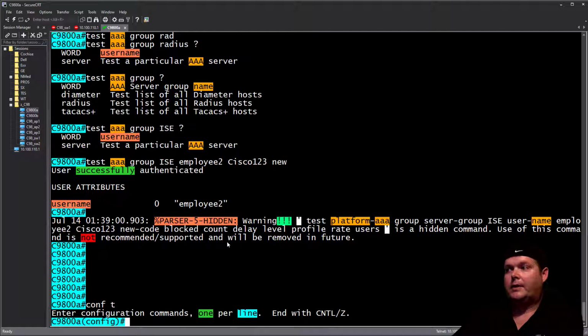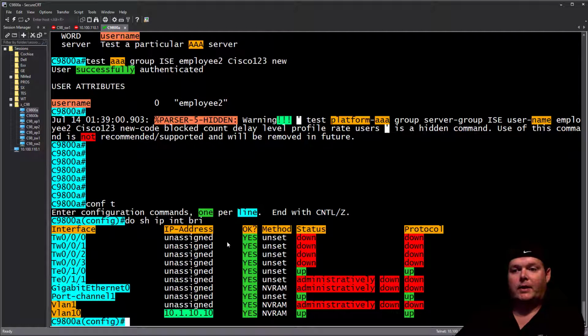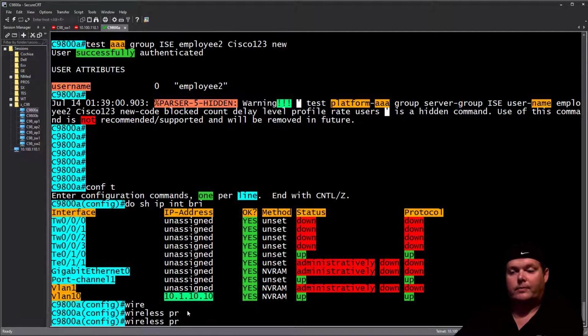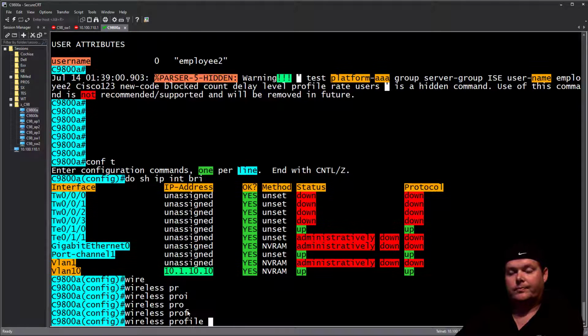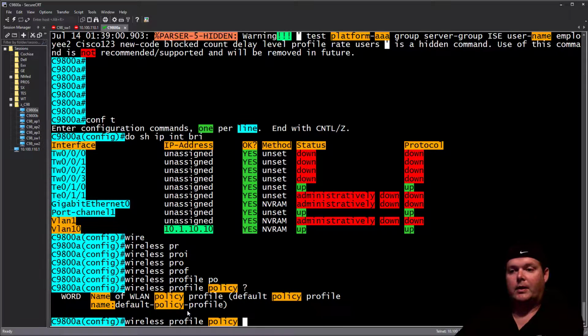We're going to do config T, and the first thing we want to start off with is just go ahead and get out our default policy mapped and built properly. Now, if we do show IP int brief, our management VLAN here, guys, is VLAN 10. Okay, so that's where we need to terminate people. So what we're going to have to do is go under our wireless profile policy. So wireless profile, and then policy, and there is a default policy profile that I was telling you about right here. Going to use that